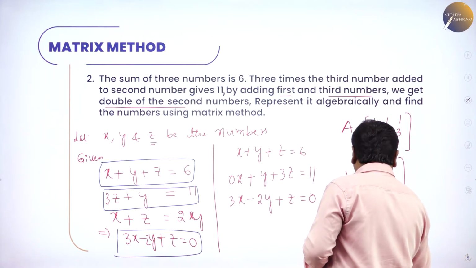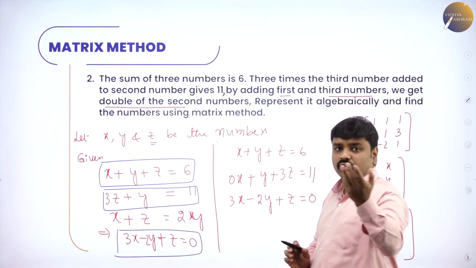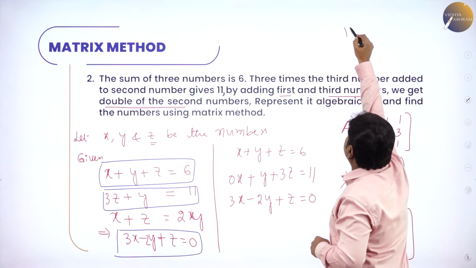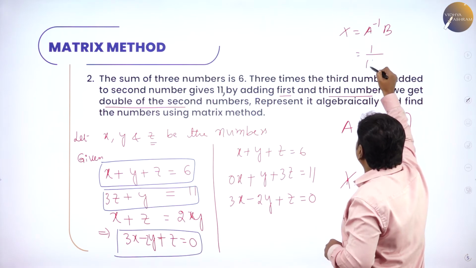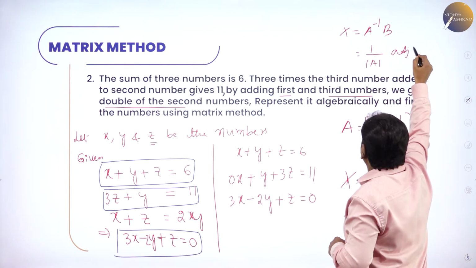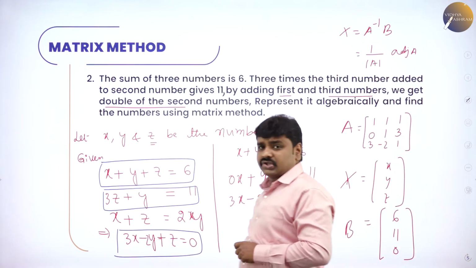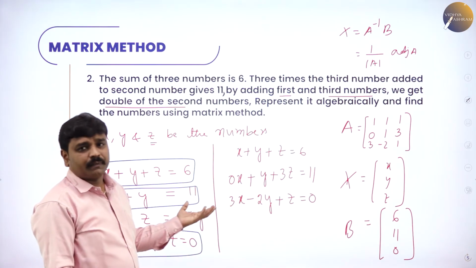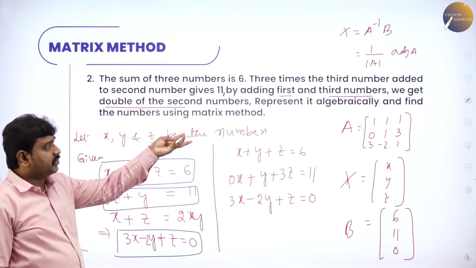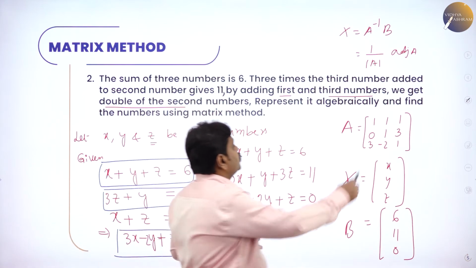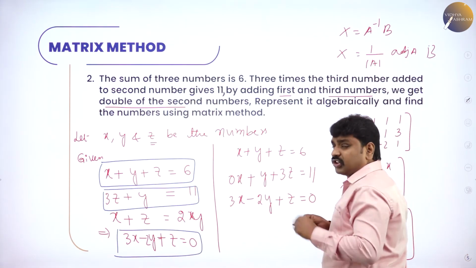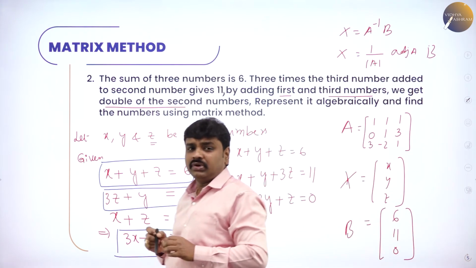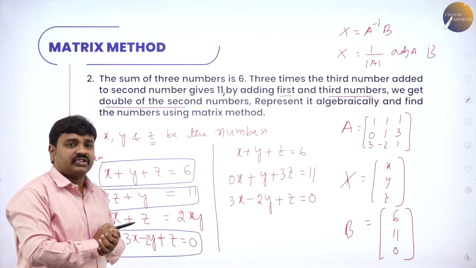Now can't you solve this and find? And how to do this? All of you know the matrix method. X is equal to what? A inverse B. All of you know how to find A inverse: 1 by determinant A into adjoint A. So now, my dear students, from here you can continue. Find determinant, find adjoint, then substitute in this formula 1 by this, and you will get the X value. X means x, y, z. So this is the guidance for this problem.